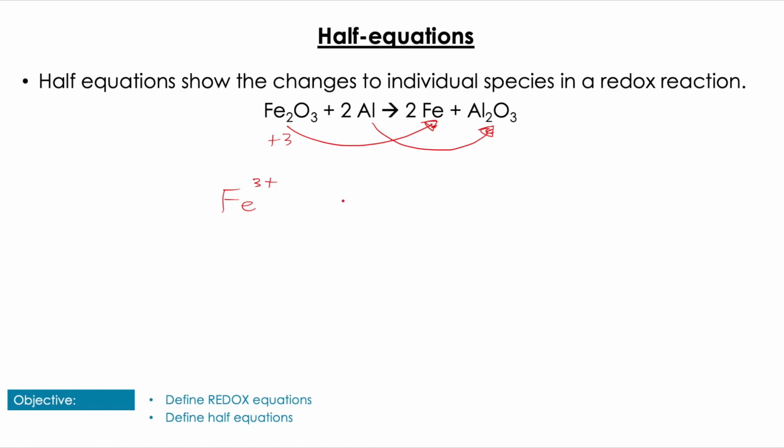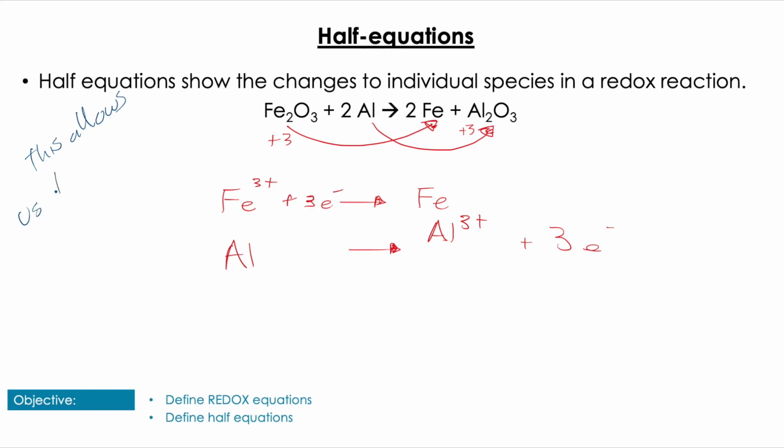But now we're going to write it in a slightly different way. What explains what's going on here? Well, iron must gain some electrons. It's going from 3+ to no charge, and aluminium must also lose some electrons. So we can see how I've balanced that equation with electrons. Now, this is a very simple example, but this allows us to make very simple